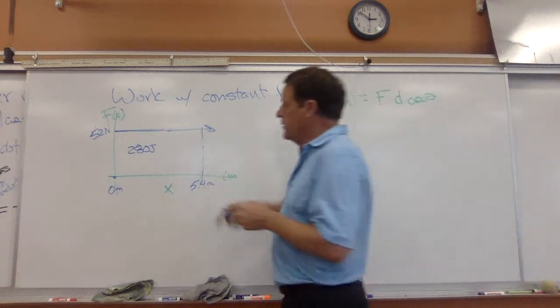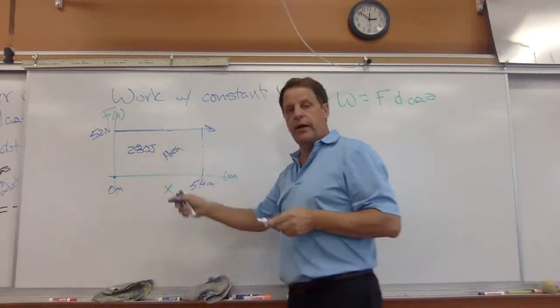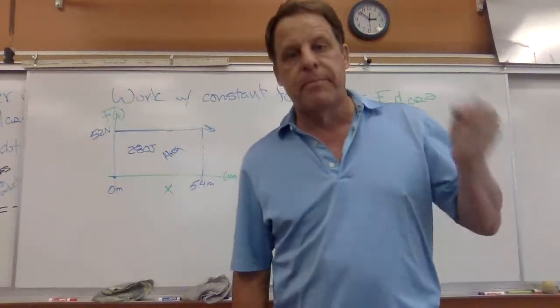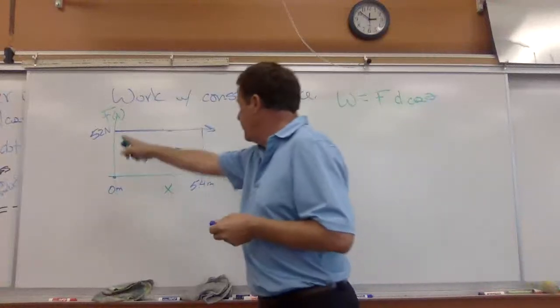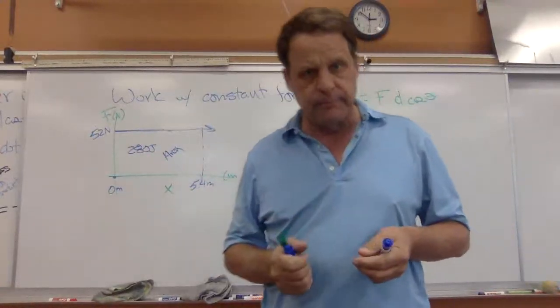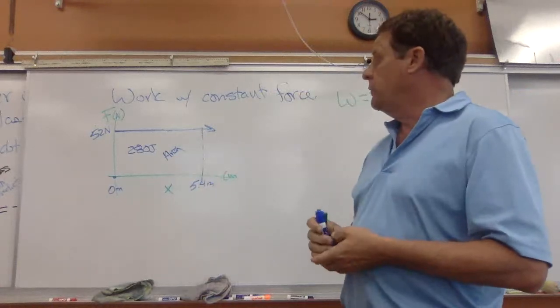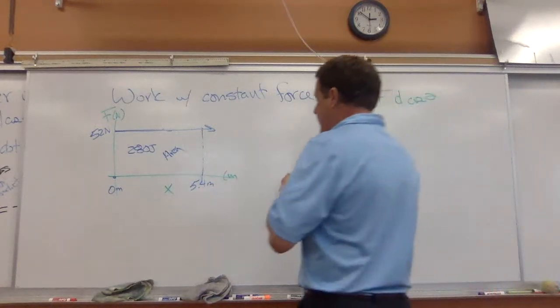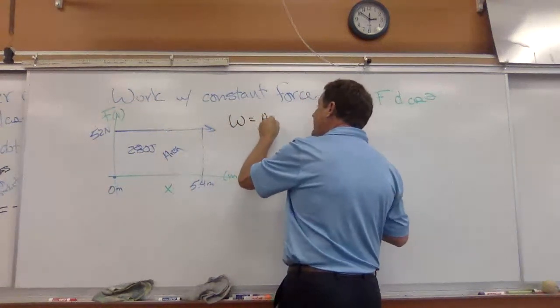Now, if we take the area of this rectangle, the area is in fact 280. We're just going to have 52 times 5.4, and that works out, again slightly rounding, to equal that. So we can now say that work is equal to the area